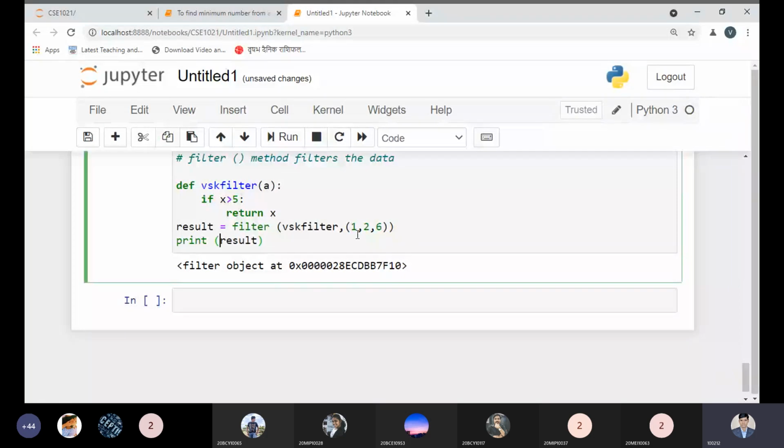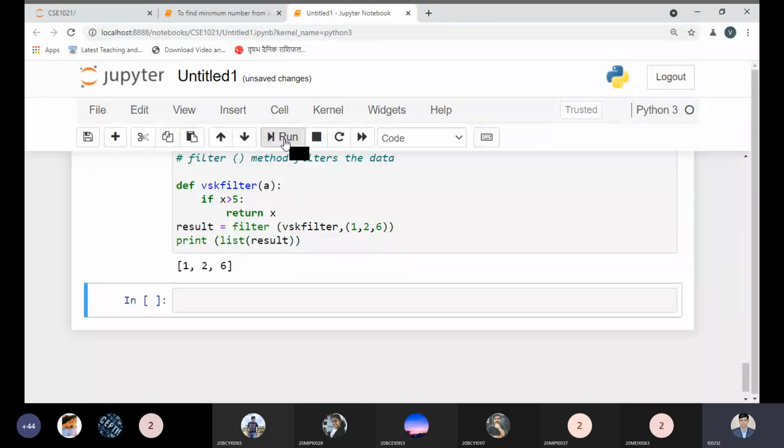And in the result we are getting the output. So let me correct this part. Now we are getting the filter output when x is greater than this one, so of course we are getting this value. Okay, so the filter function is doing so.